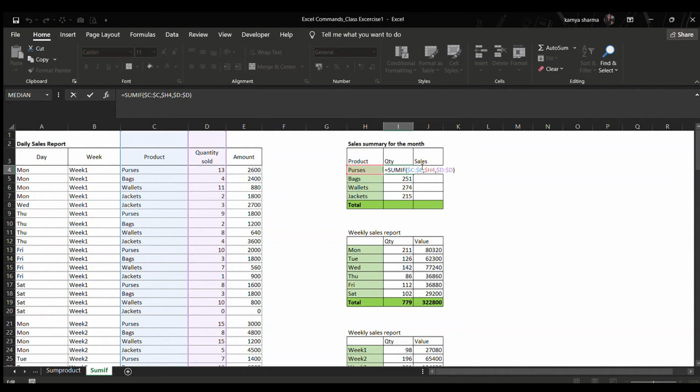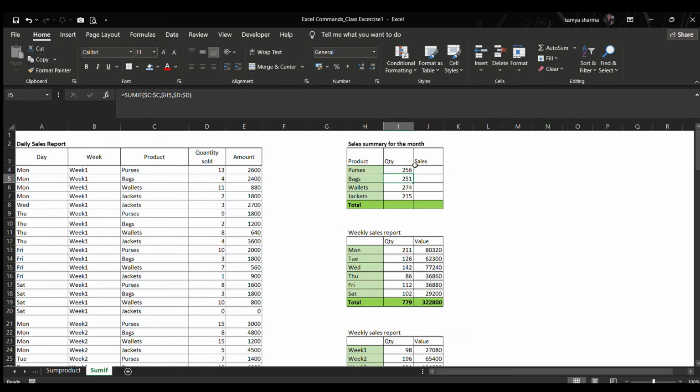Like over here, I have frozen some things in this whole formula. If you see the dollar signs here, this means that I am freezing column C. If I drag down a bit, it's still column C for bags, for wallets, and even for jackets.